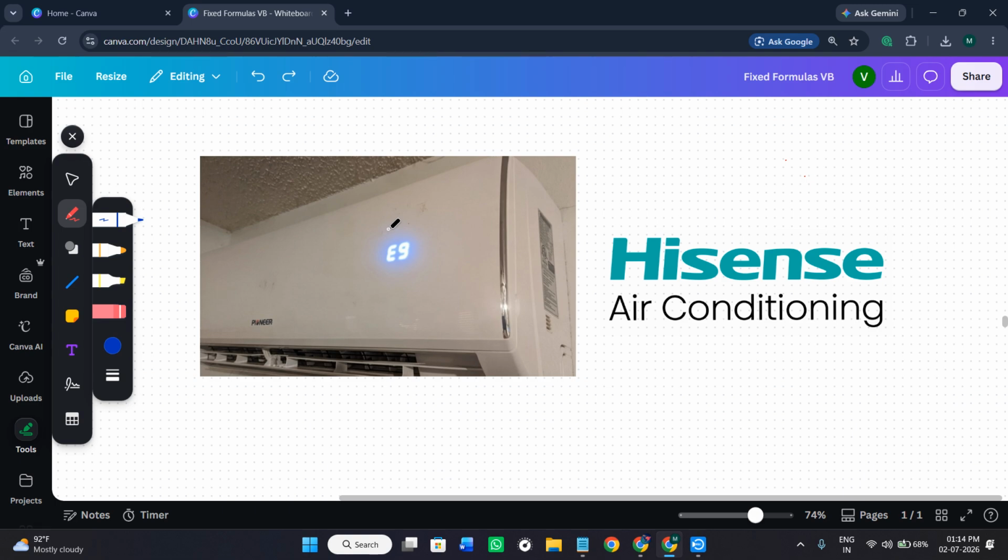So in today's video, I'm going to show you how to fix this type of E9 error code on your Hisense air conditioner, and I'm also going to explain what this particular error actually does or why it occurs. So the E9 error usually means that the air conditioner has entered a protection mode. On many of the Hisense models, it is basically related to the indoor water drainage problem or the full condensate